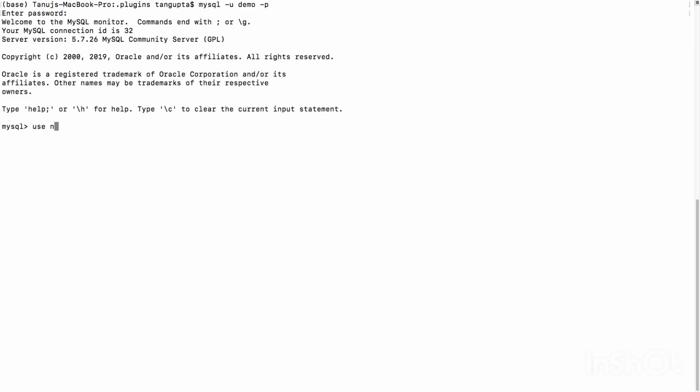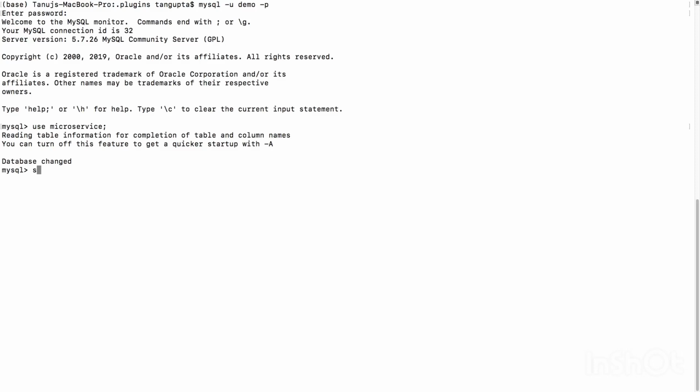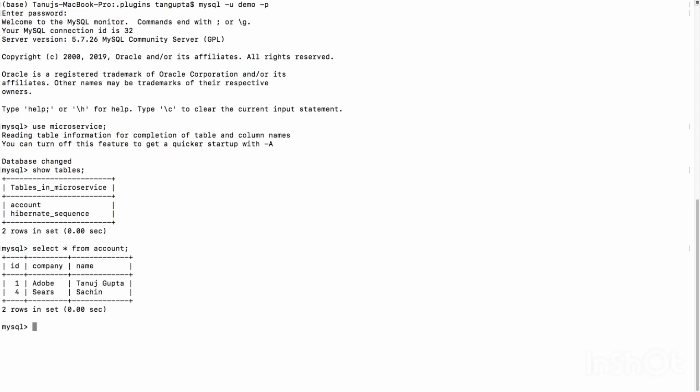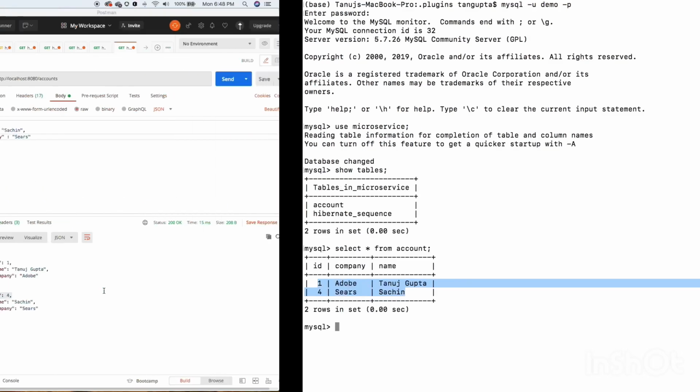Let's use microservice, which is the database in our case. Now if we check all the tables, we can see this is the account table. So select star from account. You can see the columns like ID, company and name, and you can see there are 2 rows.